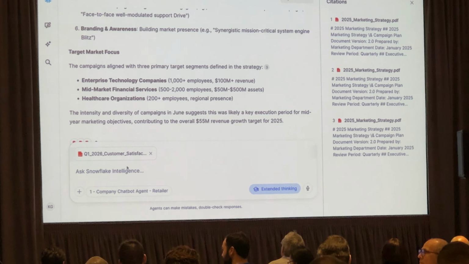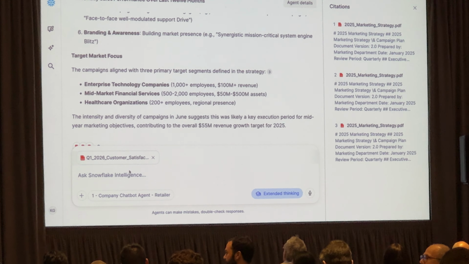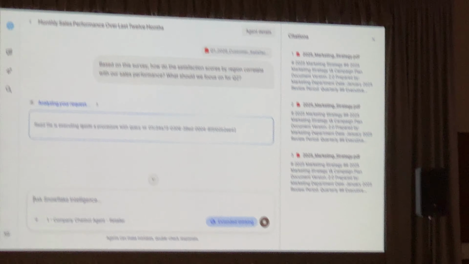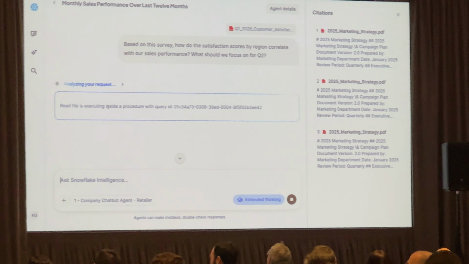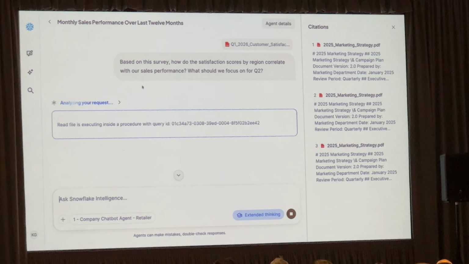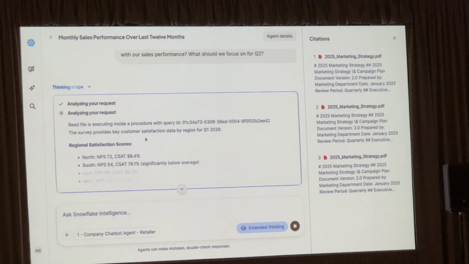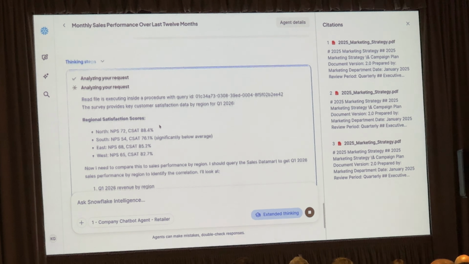The raw data is not all in the system yet, but we're going to hopefully be able to glean something from this. So we'll provide it that PDF and start parsing through it and figure out how to tie the performance in with the customer survey results to see if there are any actions that we should be taking in real time right now to respond to what the customer feedback is.